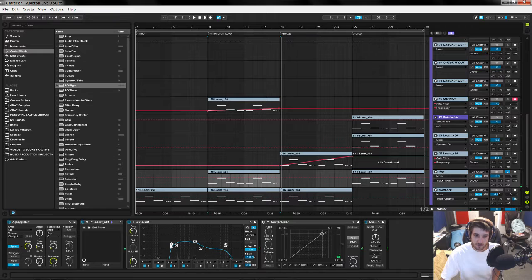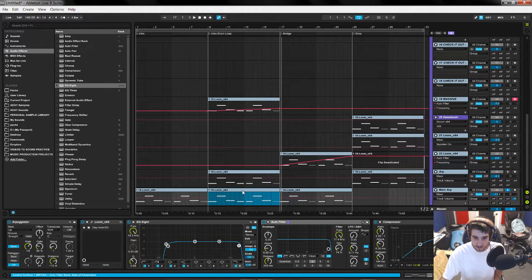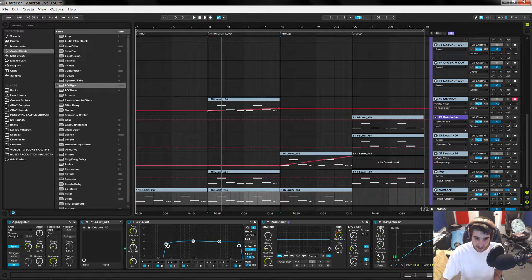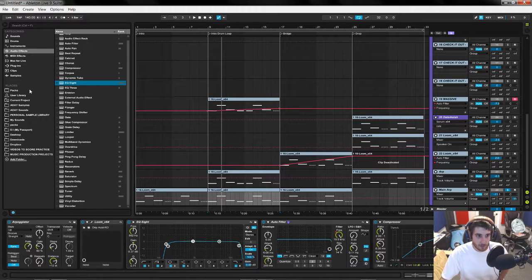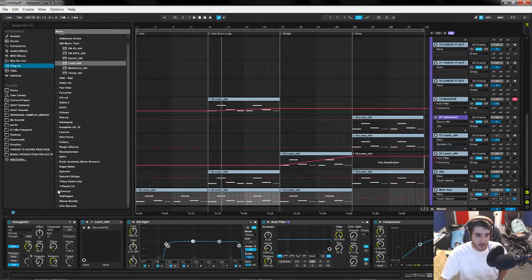I also don't want it interfering with any of the basses or things. So I'm just going to really cut the sound and have it only where I need it to fill in. Okay, I know what I'm going to do. The compressor did help a lot, but we're going to go into